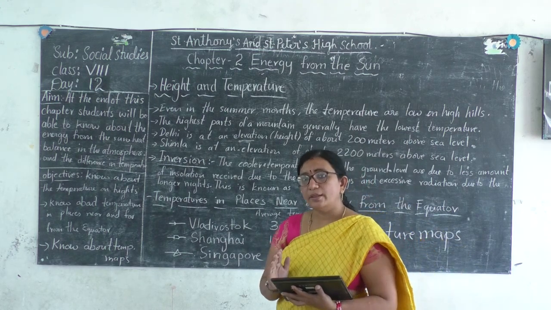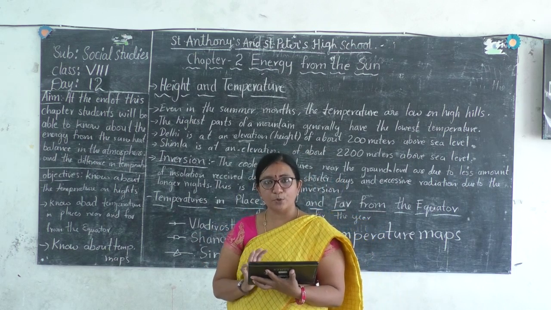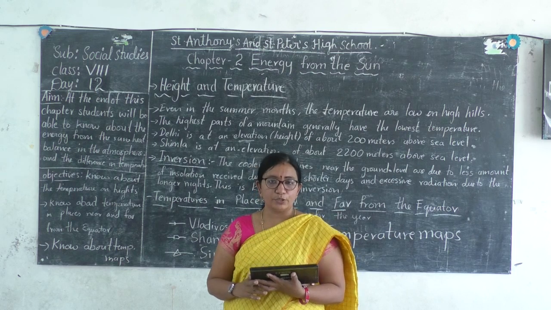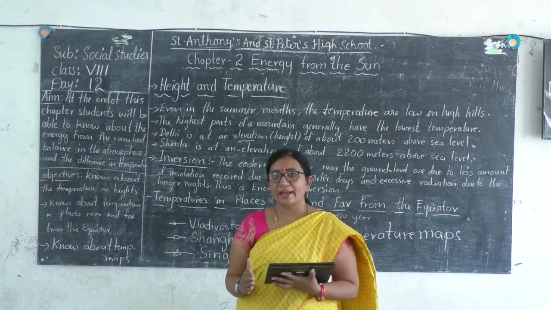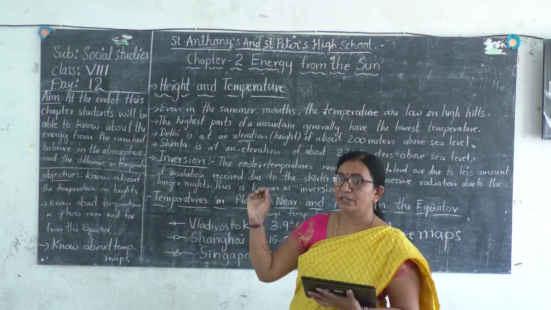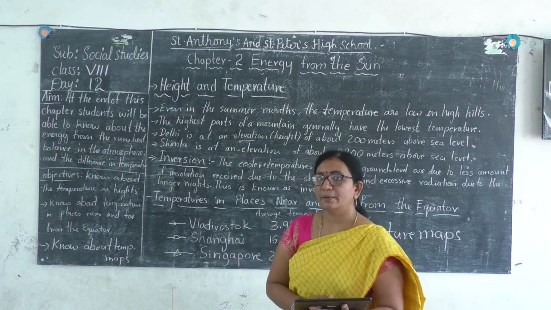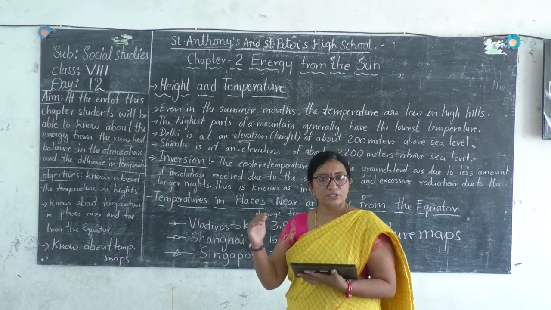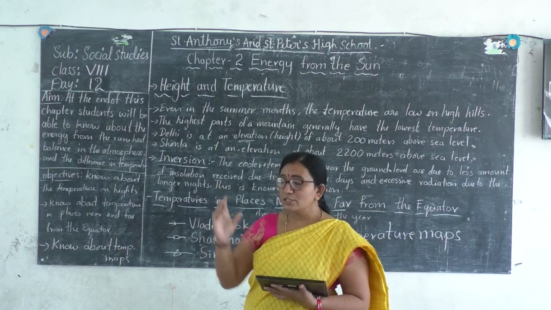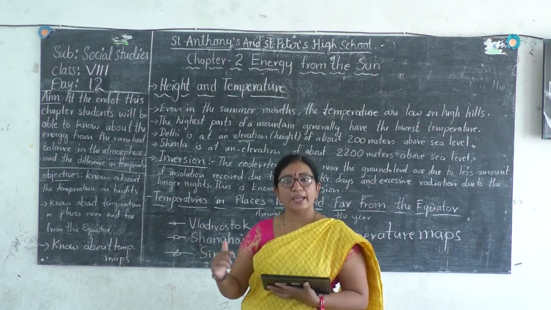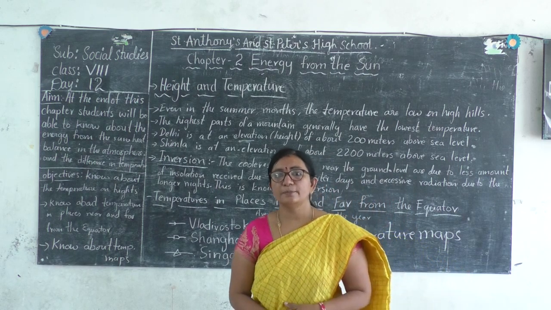Try to answer all the questions and answers which are there in the shaded boxes. They are also very important, because we get 5 marks questions based on these graphs, or they give one table of different readings and ask a few questions like what is the maximum average temperature, which is the minimum average temperature of the particular place. You must be able to study the readings, and you must be able to draw the readings on the graph. So this is going to help you a lot.